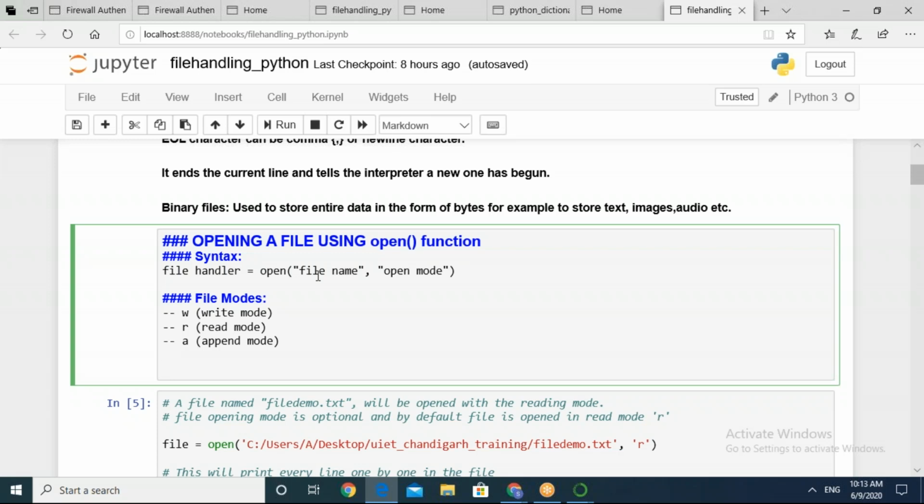And then we come to the open mode. It is asking you in which mode you want to open your file. Is it read mode? For different kinds of file opening modes, we have different significance. W stands for write mode, R stands for read mode, A stands for append mode. We will see one by one what privileges are available and what restrictions apply in each mode. You will have to work with a mode according to your requirement.